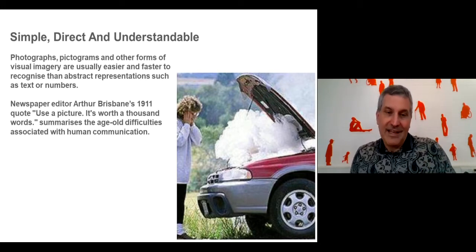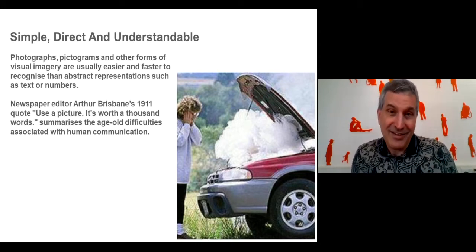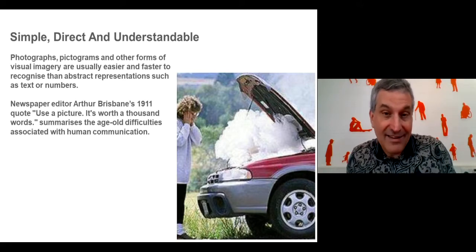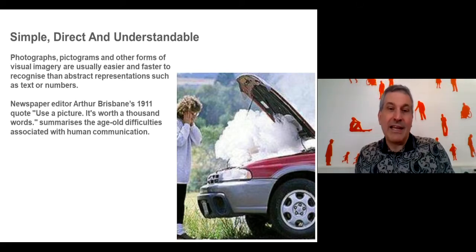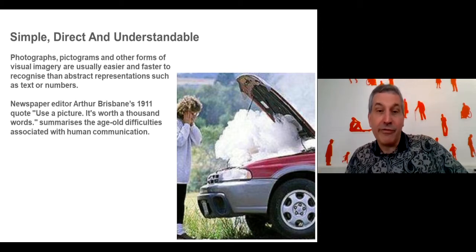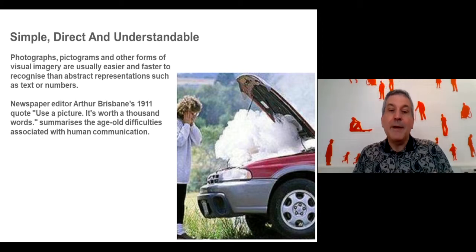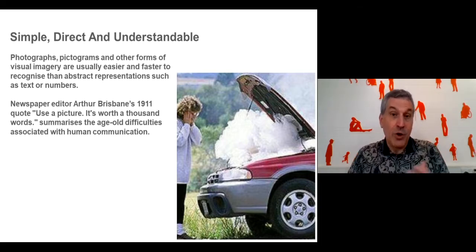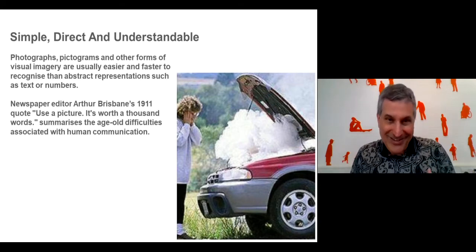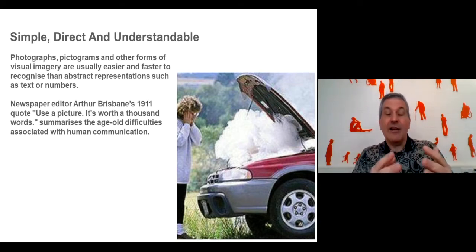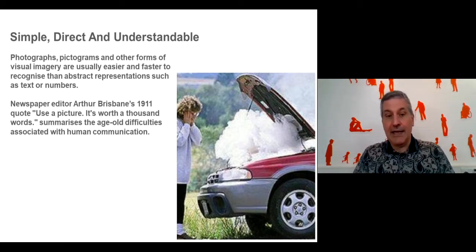Humans develop language much later than our brains develop the ability to see shapes, to identify things in the environment, and to recognize that those 3 rocks all look the same, those 3 animals are all of the same type. Our ability to process visual images is much more ancient, much deeper in our neural machinery, and it's much more efficient than are the machineries we use for language. So